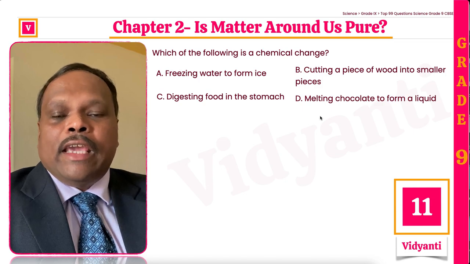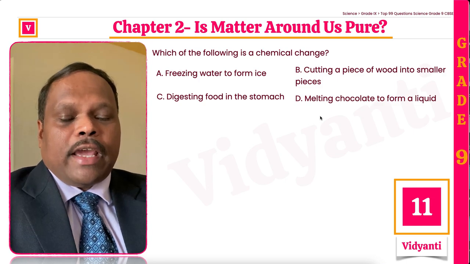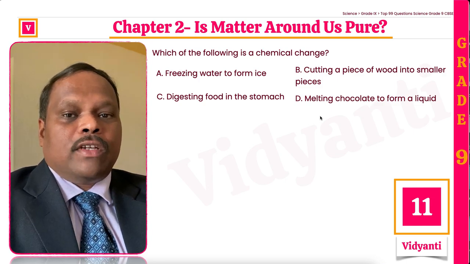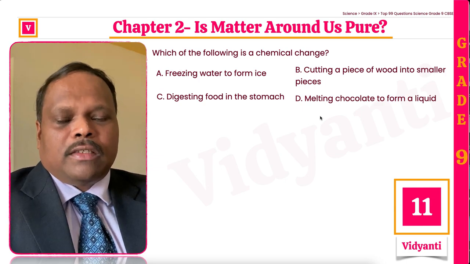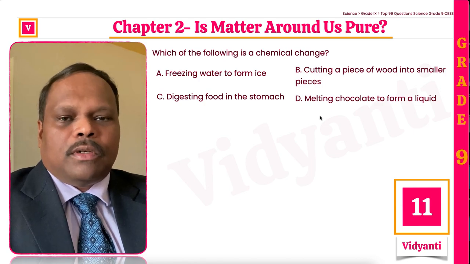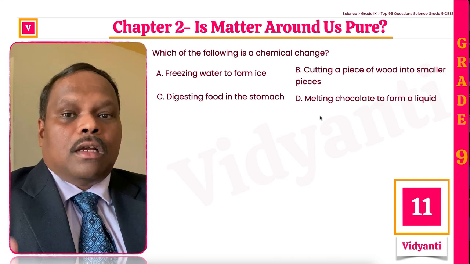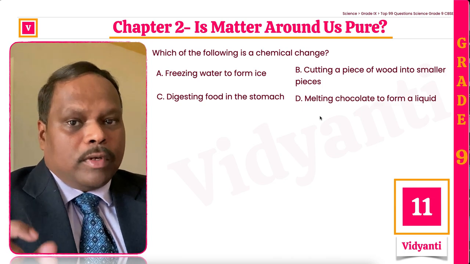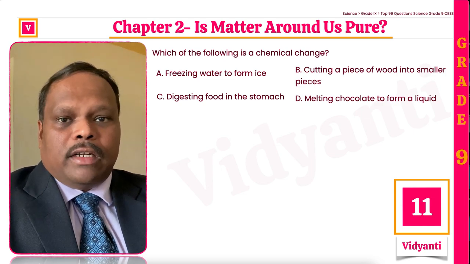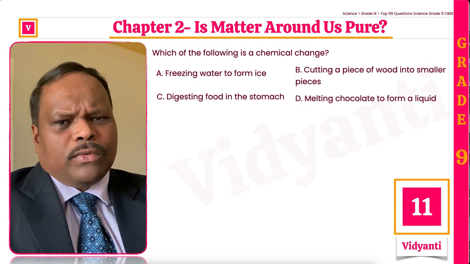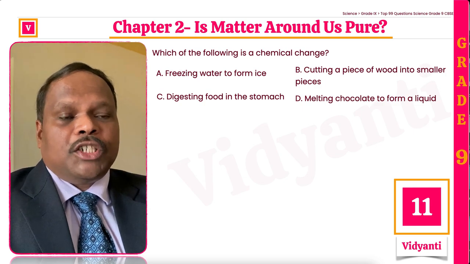Which of the following is a chemical change? Now, change can be separated as physical change, or the second one is chemical change. Physical change happens with the physical changes in properties such as phase or temperature or color, density. As opposed to that, chemical change means chemical composition will change. There will be a chemical reaction, and the reactants and products will be completely different substances. In physical change, there will be the same substance, only the physical properties or phase will change.